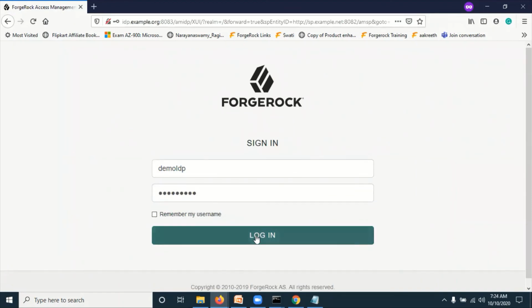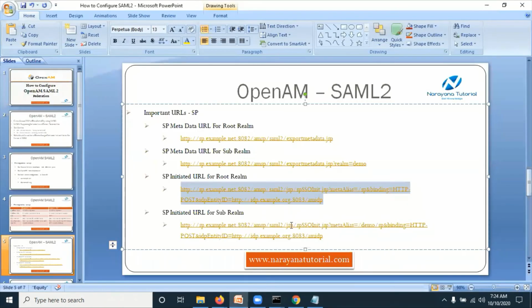Click on login. See, now it is not asking for any authentication of the service provider application. It's because internally the IDP is mapped with the SP profile.